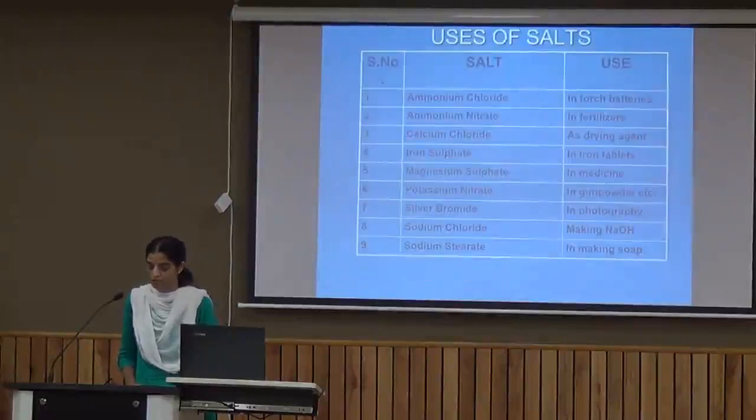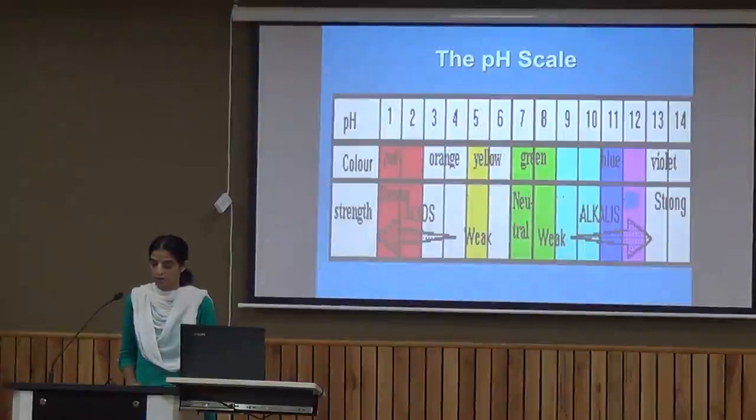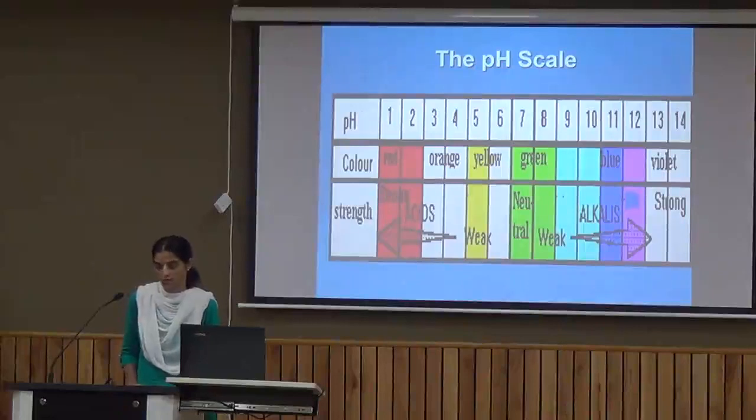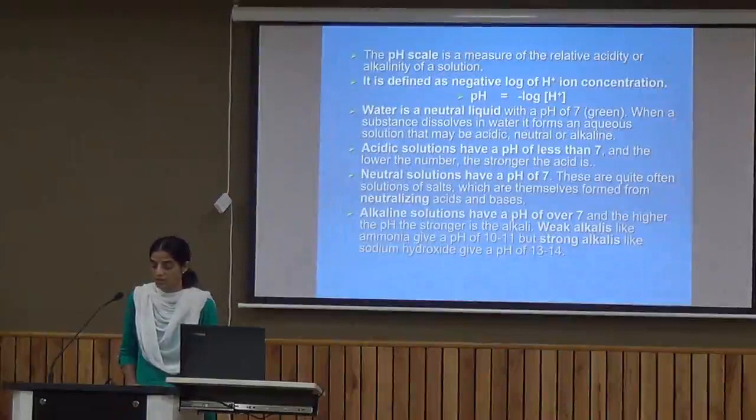Then we have these uses of salts given. We know salts are used for various purposes. Then next we have the pH scale, which is actually a scale designed by Sorensen to find out the nature of different solutions. The pH scale is actually a measure of the relative acidity or alkalinity of a solution. If we want to define it in mathematical terms, we can say it is the negative log of hydrogen ion